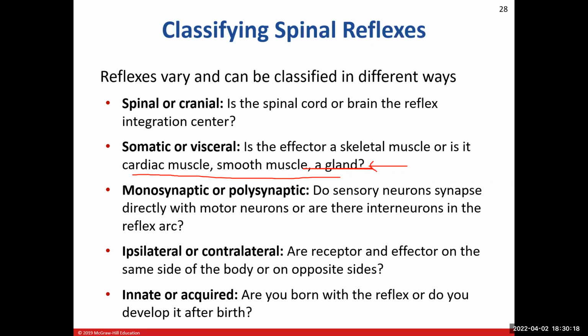A nice example of an innate reflex is the suckling reflex. When the baby is rooting, you just kind of brush the cheek of the baby and it'll move towards that side. That's the stimulus, you brushing the cheek, and the baby will start to root and try to suckle on to whatever that stimulus is. Normally, when it's the mother trying to breastfeed, or if the parent is trying to give the baby a bottle, it'll move towards that area where the stimulus is located.